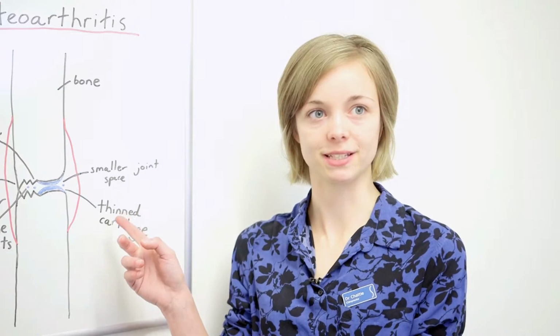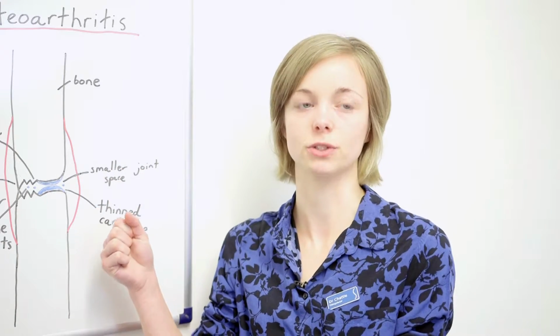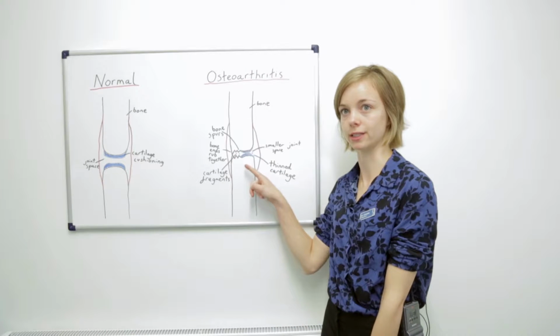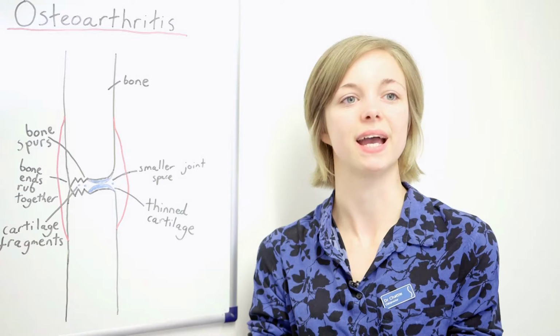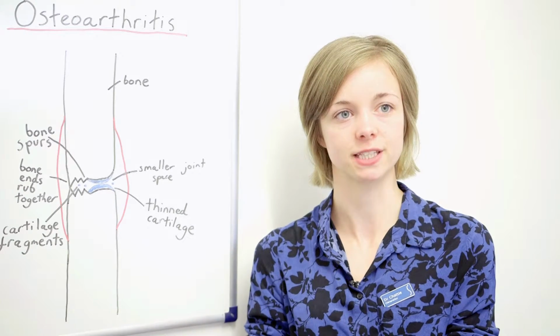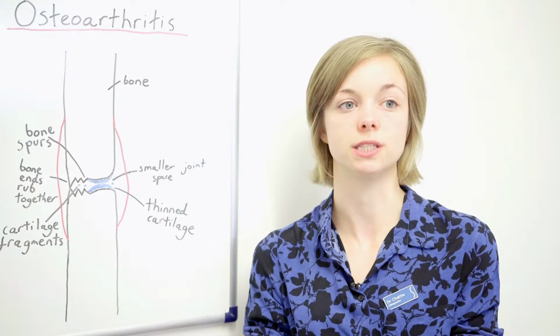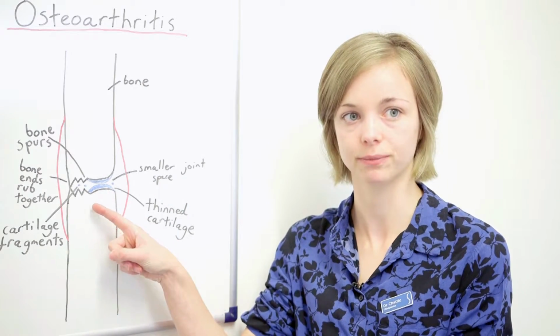As you can see on this affected knee, there's a much smaller joint space and the bones rub together, causing inflammation in the joint. You can also see bone spurs around the joints. These are called osteophytes and are caused by the rubbing of the joints. Exactly the same as walking barefoot in the summer, and the skin gets hard and thick on the bottom of your feet. So too does the bone where the rubbing occurs. So we get these reactive bone spurs.